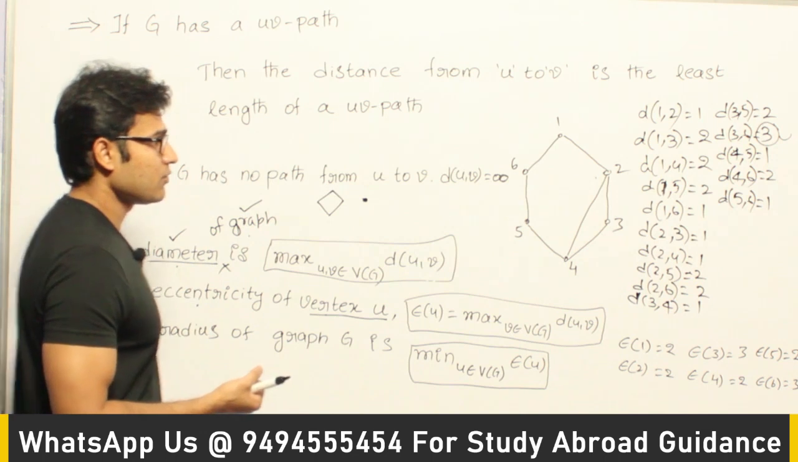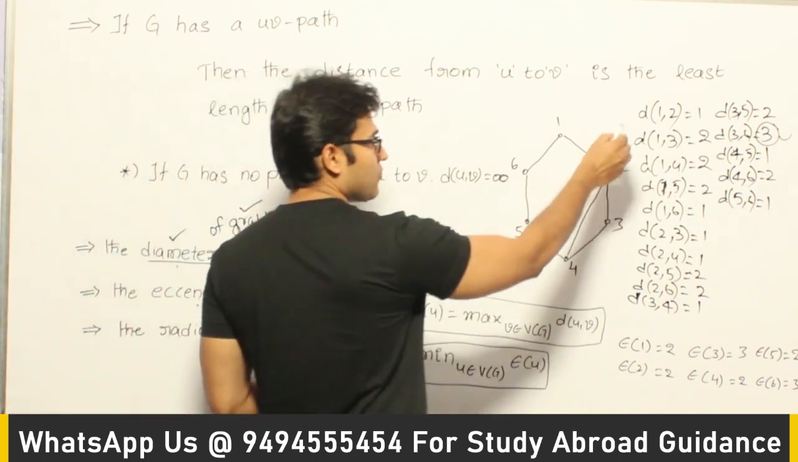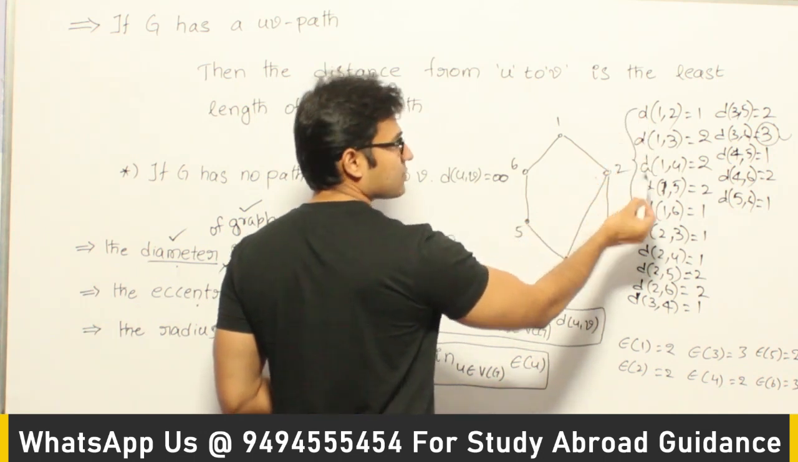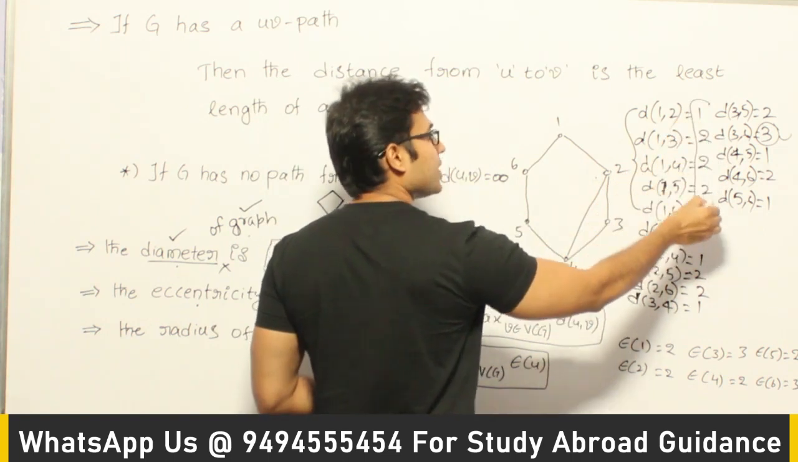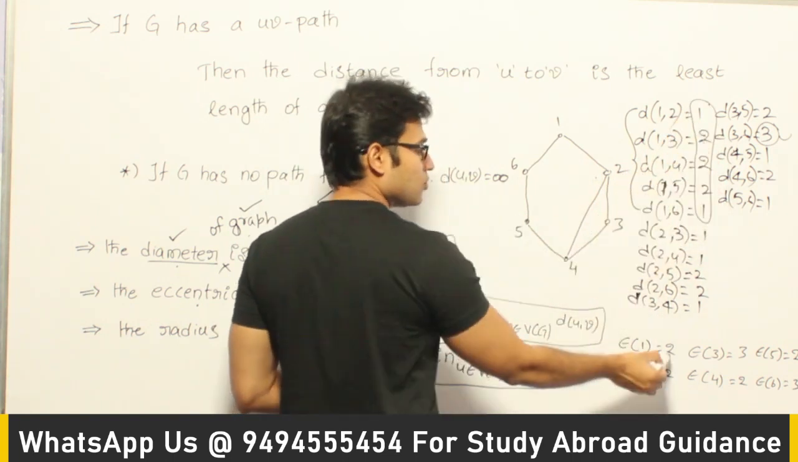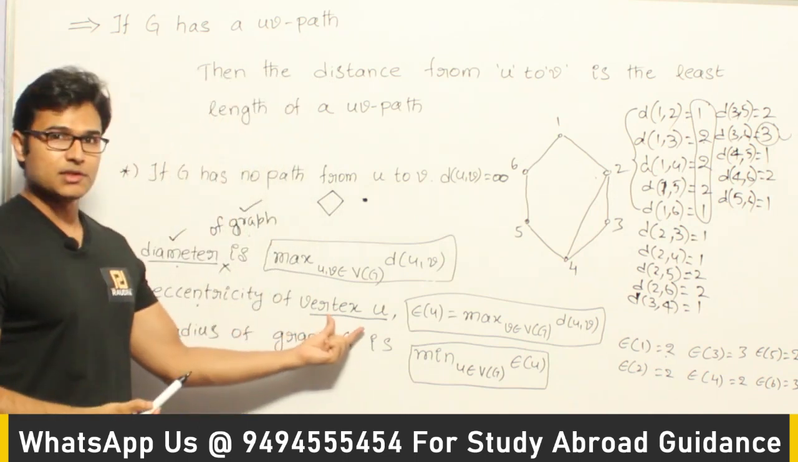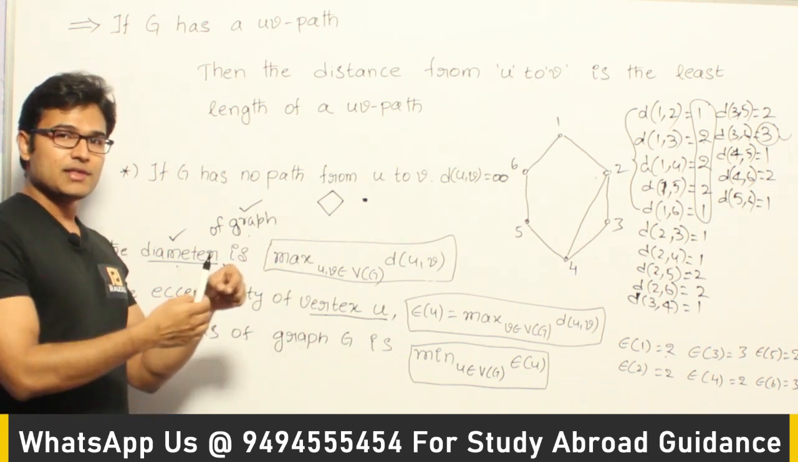For example, if you want to find out the eccentricity of vertex 1, from 1 you try to find out the distance to all other vertices, and among all these values you try to find the maximum one. So what is the maximum value? 2. Now, what does the eccentricity of a vertex give us? From a given vertex, what is the worst case,